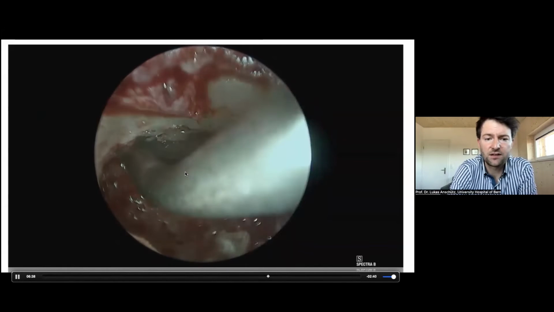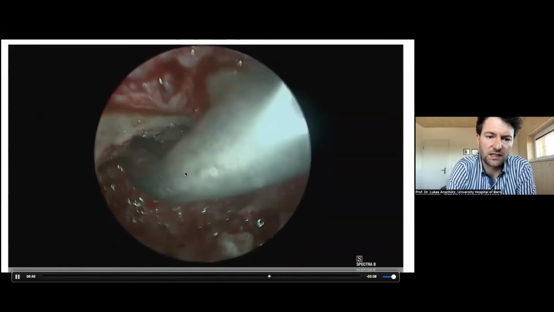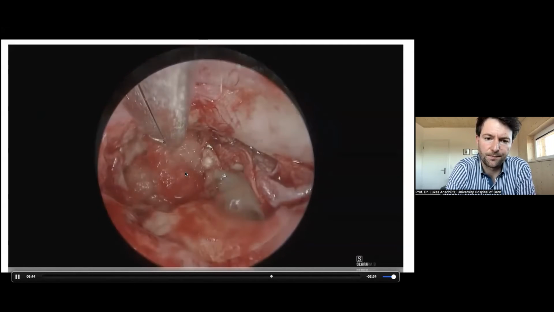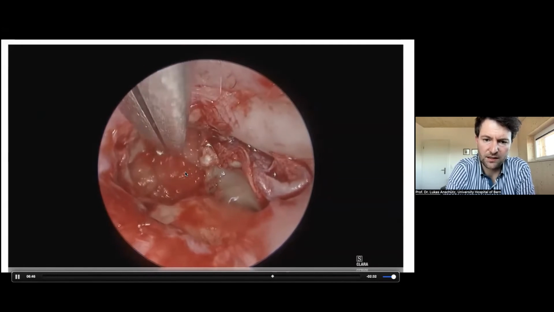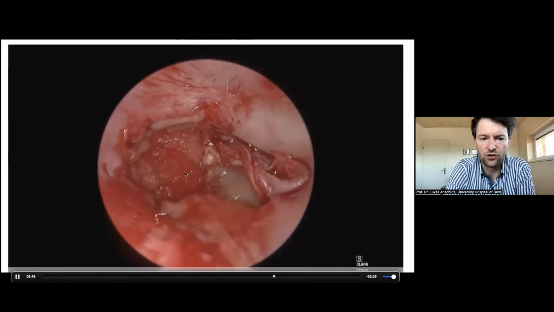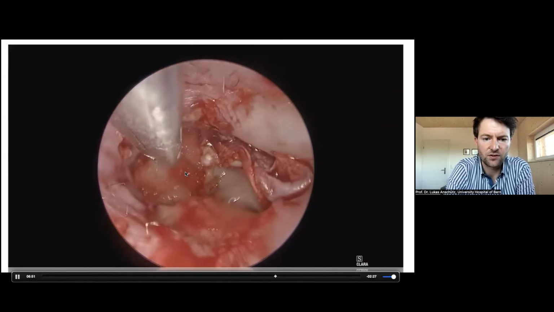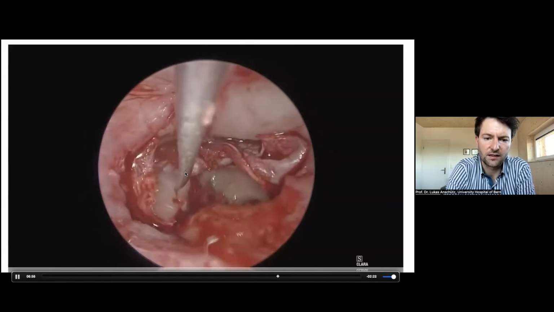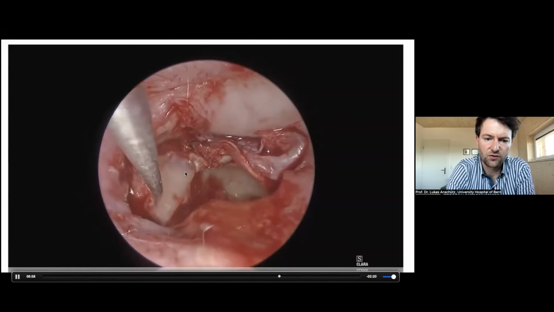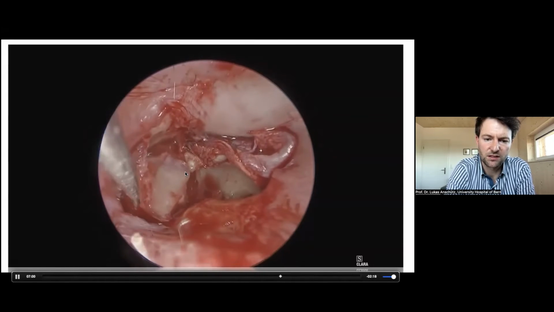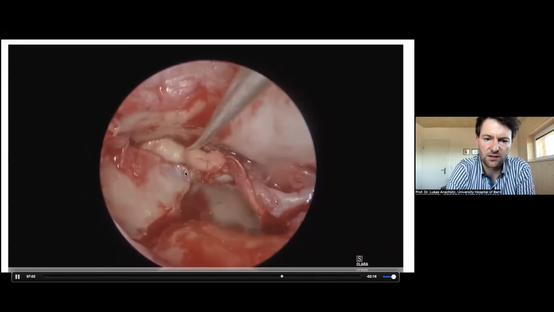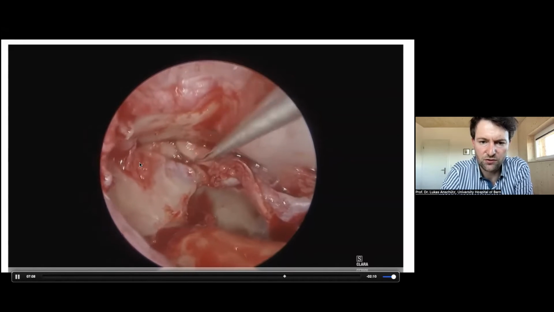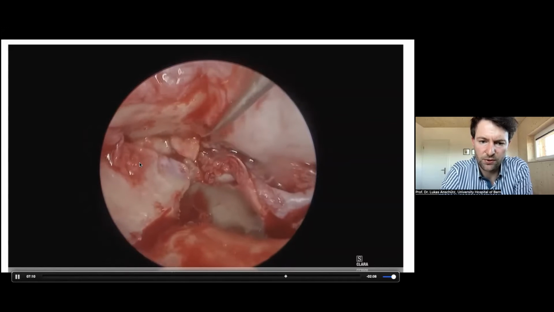But like here, you can be quite confident that the cholesteatoma is all gone, and that you can safely reconstruct your site. And so it's the same technique as you saw before, some gel foam and a piece of cartilage into the antrum in a composite graft technique. And you can see here, it was a bit too small, so I put another piece of cartilage here to completely close up the defect.